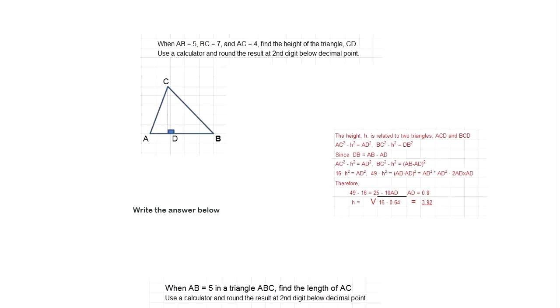When AB is 5, BC is 7, AC is 4, find the height of CD, this one, height, H. But we don't know this one. So H